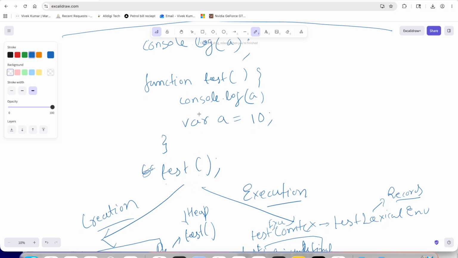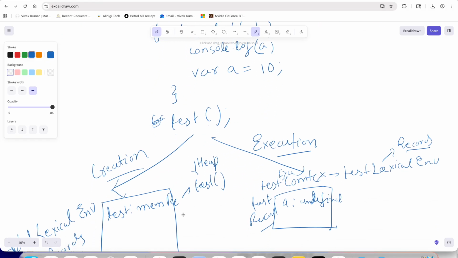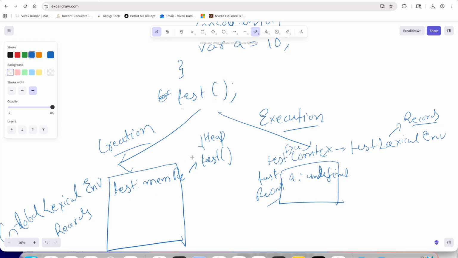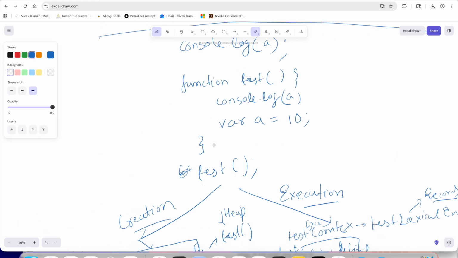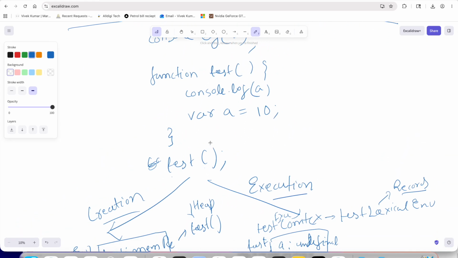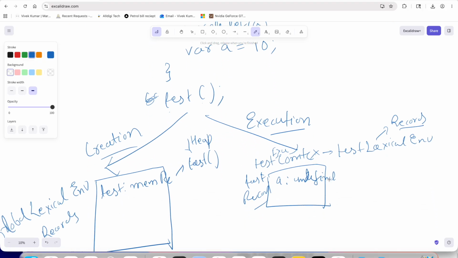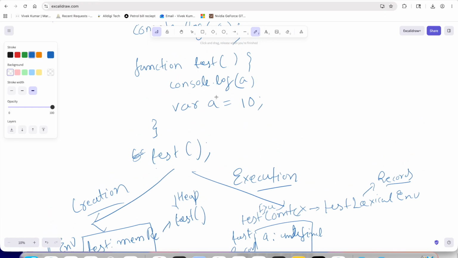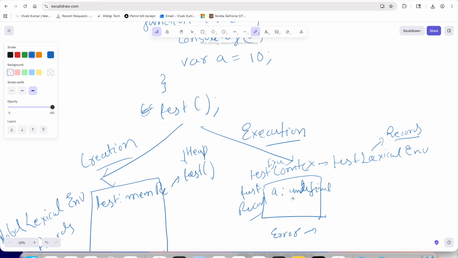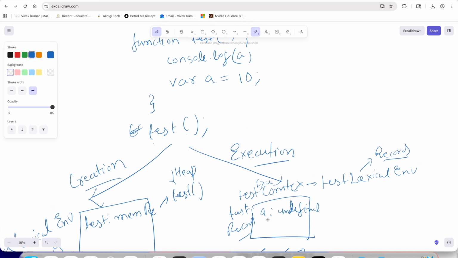Before calling this function, it will try to log console a, and we don't have a here, right? So what will happen in this case? Ideally it should be undefined, sorry, error. First it will throw error,